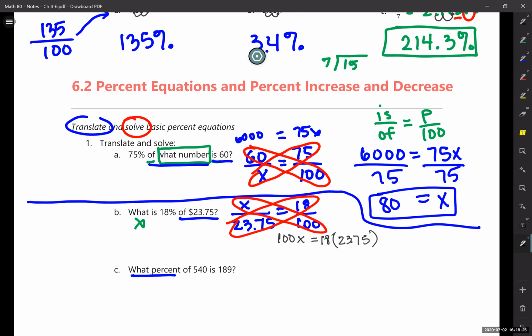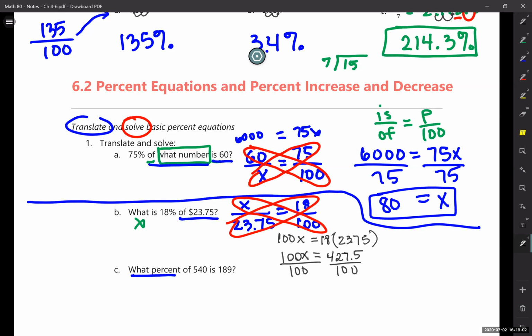Okay, so 18 times that dollar amount. Oops, I had to clear my calculator. I typed it in wrong. I get $427.50. Actually, I'm just going to put 427.5 for right now because I'm not done with the problem. And then finally, divide by 100. And so dividing by 100, you can either do that in your calculator since you already have it, or